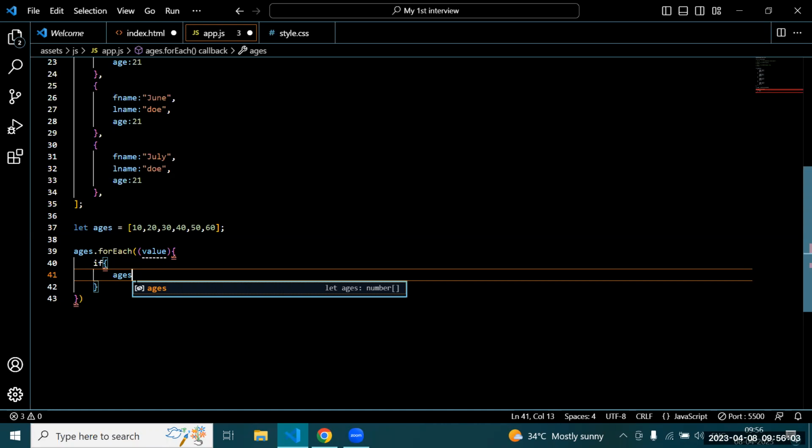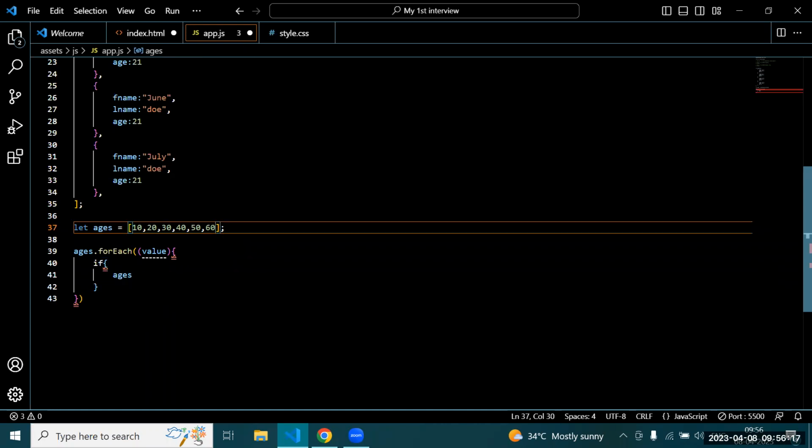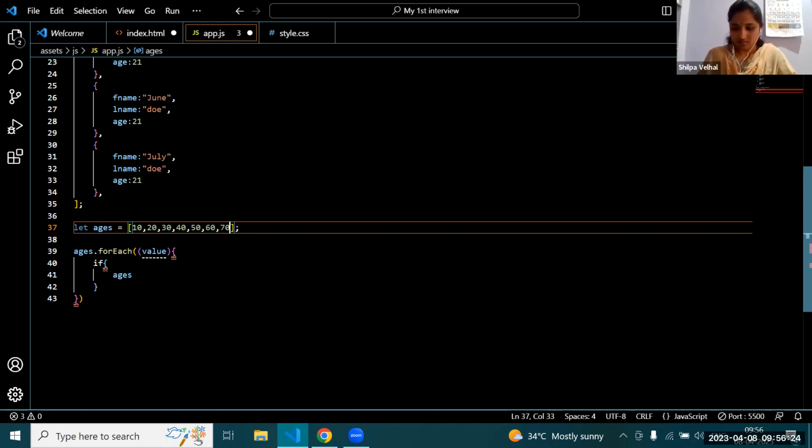Not on ages. If any number from 1 to 100 is divisible by 6, then write fizz. If the number is divisible by 8, then write buzz. And if the number is divisible by both 6 and 8, then write fizzbuzz.